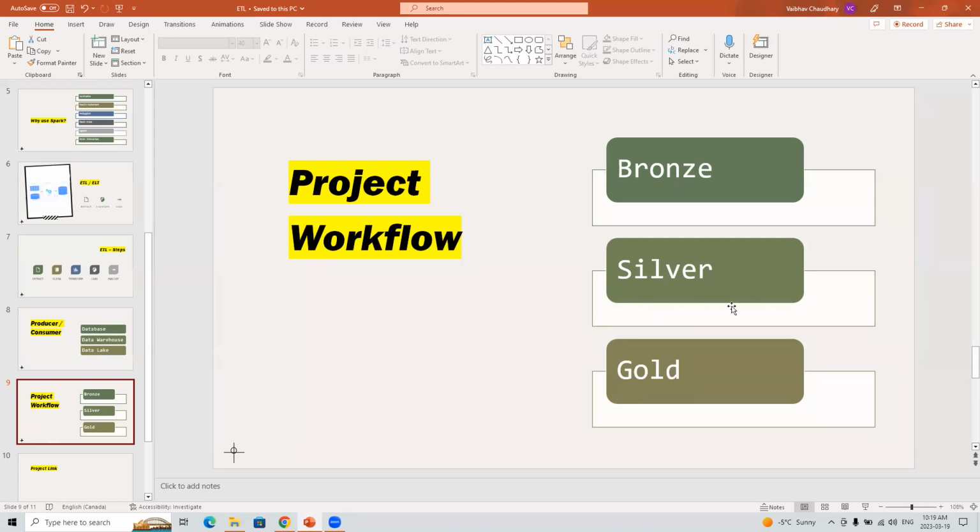In the silver, you may have many cleaned files, CSV files, JSON files, and they get combined here in the silver layer, like a join, and then they are aggregated. And the final result is stored in the gold.